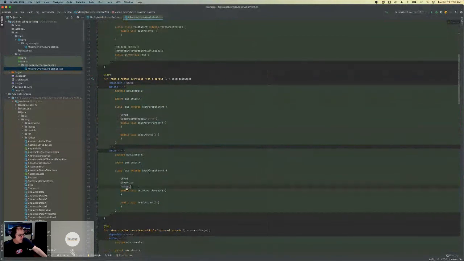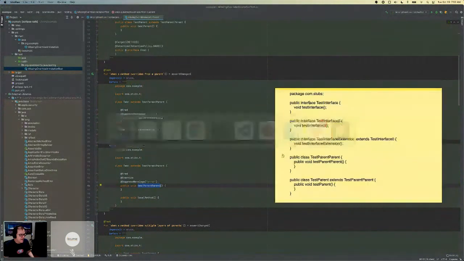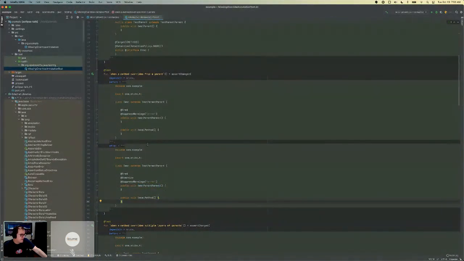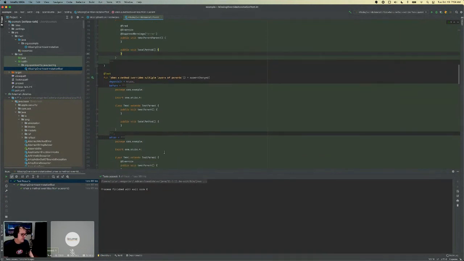So you can see here, trying to test to make sure that the sorting is working correctly. We're basically saying that because test parent, and again, this method test parent is in the test parent base class, so we kind of expect it to work that way. So if I run this real quick, hopefully if I've done my job correctly, this will actually work. Yeah, it does, and again, that's not terribly exciting.